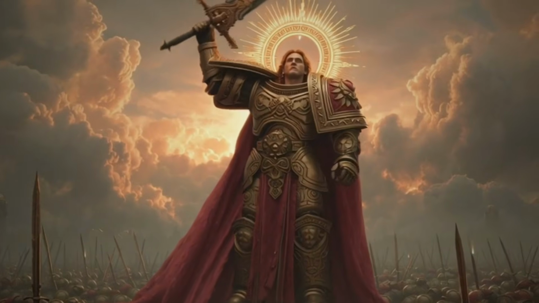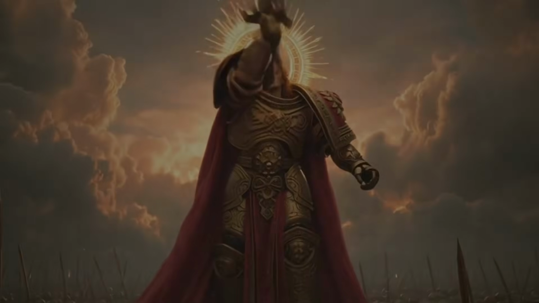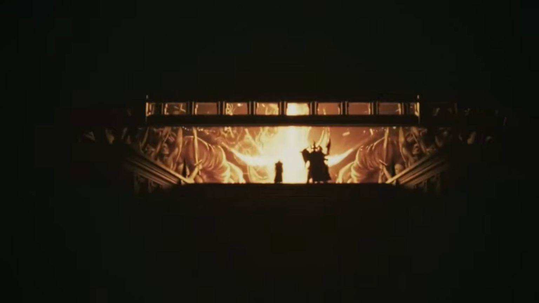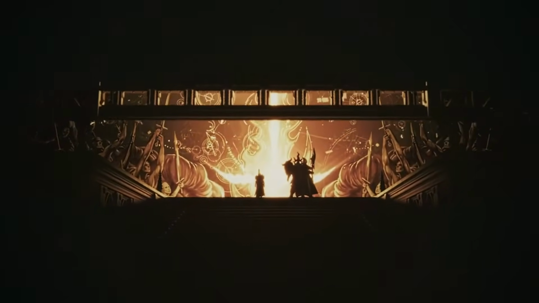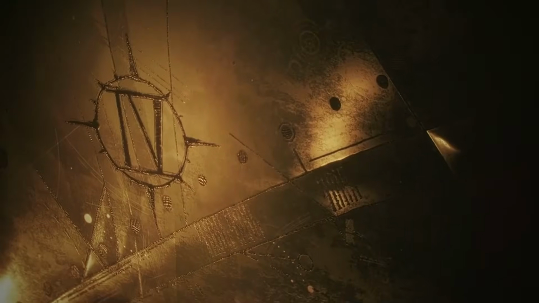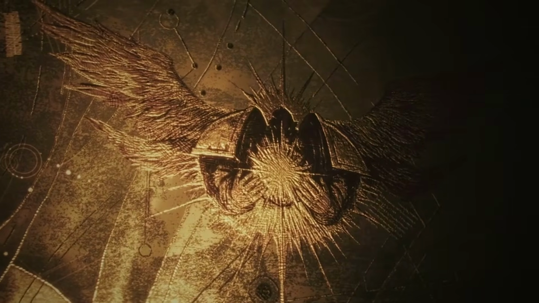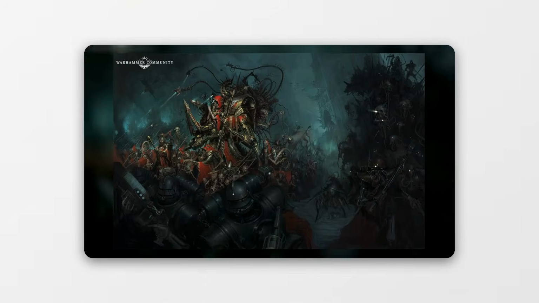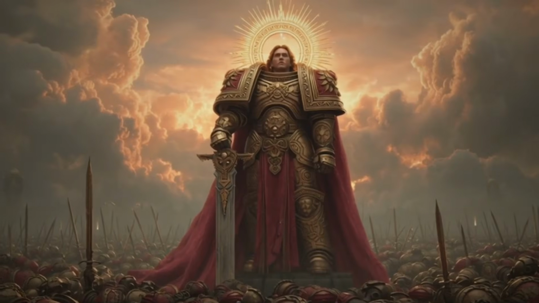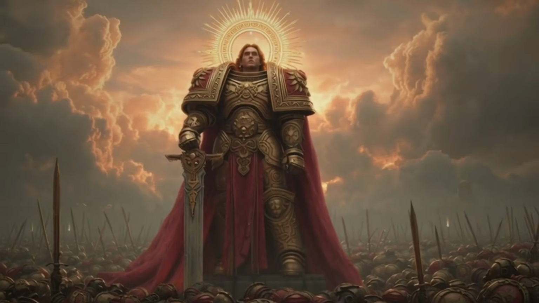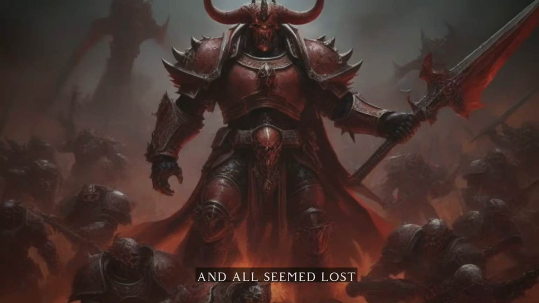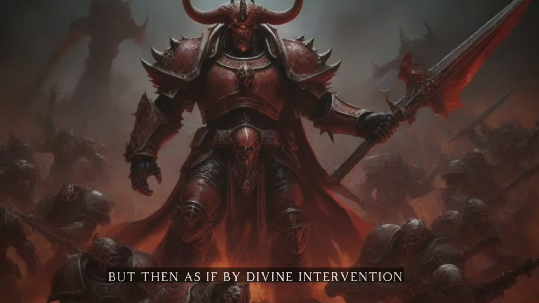Following the subjugation of Luna, the Emperor turned his gaze to Mars, the Red Planet, a world of immense technological prowess and ancient mysteries. Mars had been a technological powerhouse even before the Age of Strife, and during humanity's galactic isolation, it had developed its own unique culture and religion, the Cult Mechanicum. This secretive, highly ritualistic organization revered technology as sacred, believing the Omnissiah, a divine machine god, to be the true source of all knowledge. The Emperor, recognizing the critical importance of Mars's industrial capacity and technological expertise for his ambitious Great Crusade, approached the Mechanicum not with conquest, but with diplomacy.